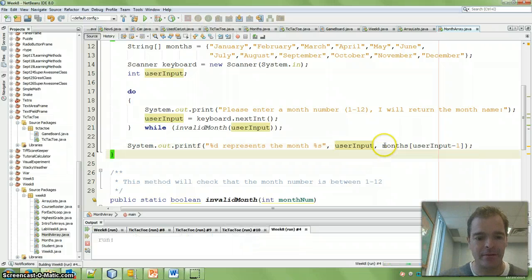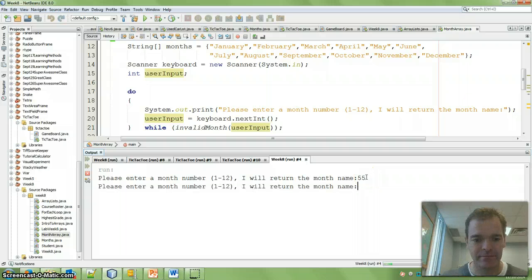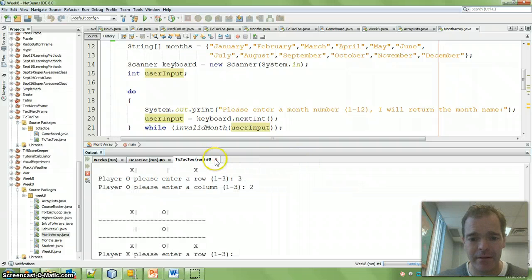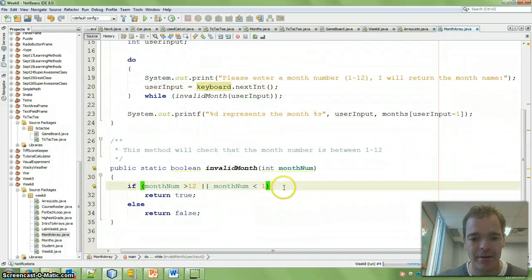So let's give this a run. Please enter month number 1 to 12 and return. So let's check our validation. It doesn't give me any useful errors, but it works. So let's add a little bit of feedback to our user here. So if it's invalid,